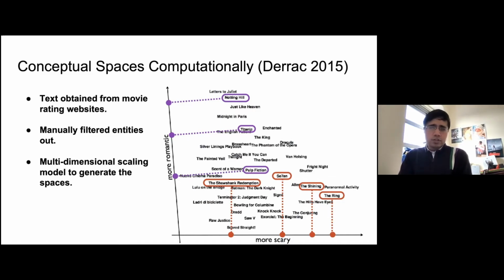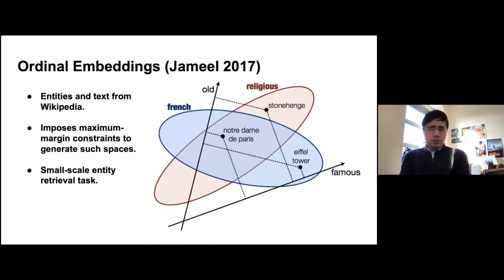But again, the problem was they were learned on domain-specific data and then used on small text collections. Nowadays, we have huge amounts of text collection which we can exploit. This is work which I proposed in 2017, where I tried to learn conceptual spaces from domain-independent data. Automatically, the organization moves in such a way that domain-specific clusters or subclusters are formed within the space, and the computational model is able to do this without any human intervention. So we could model different domains in a domain-independent space.